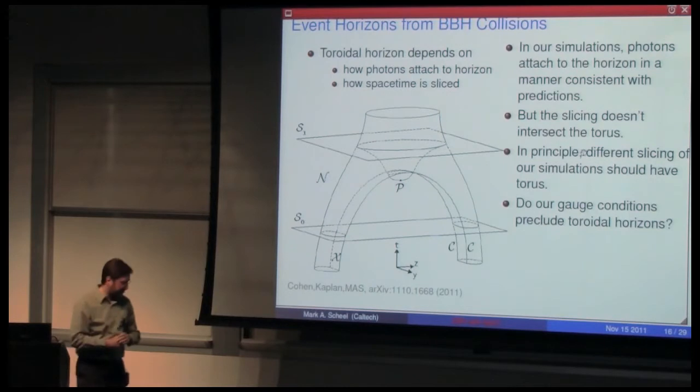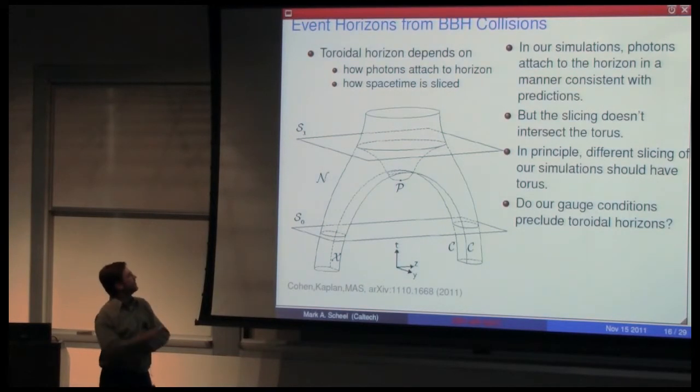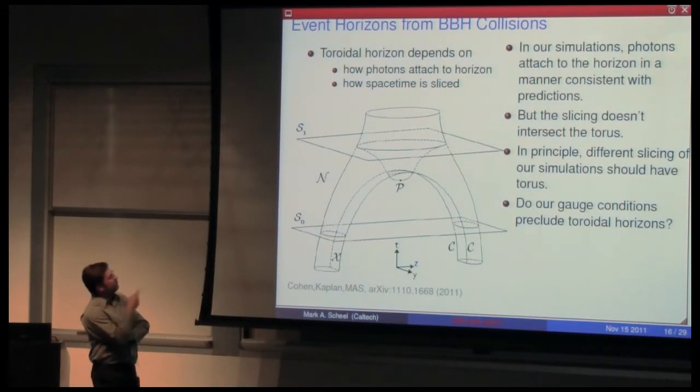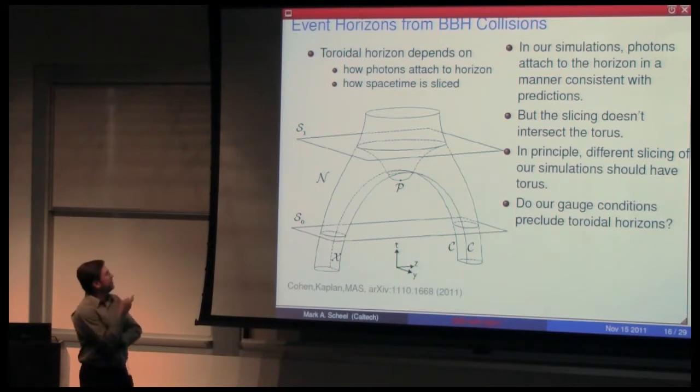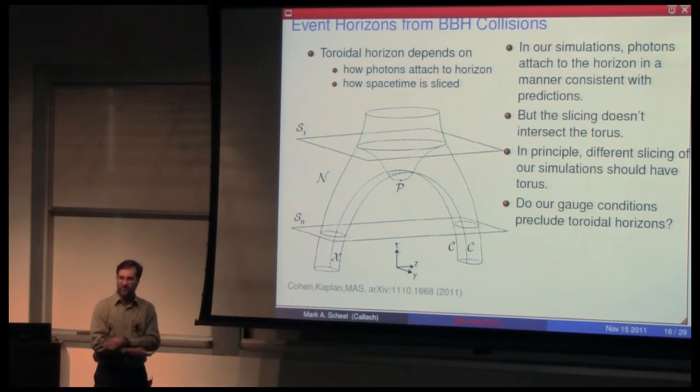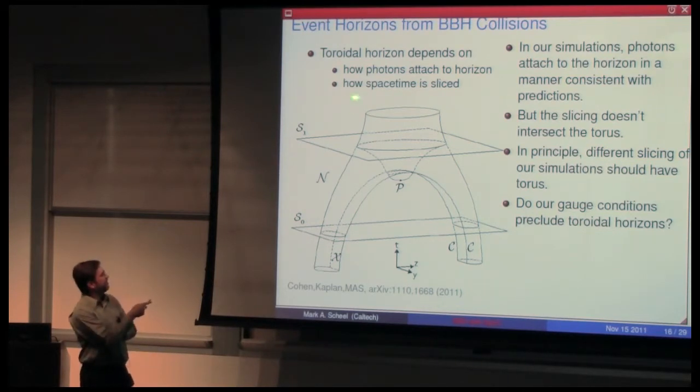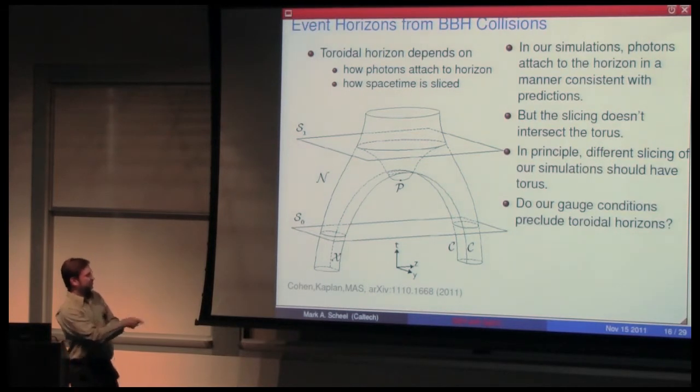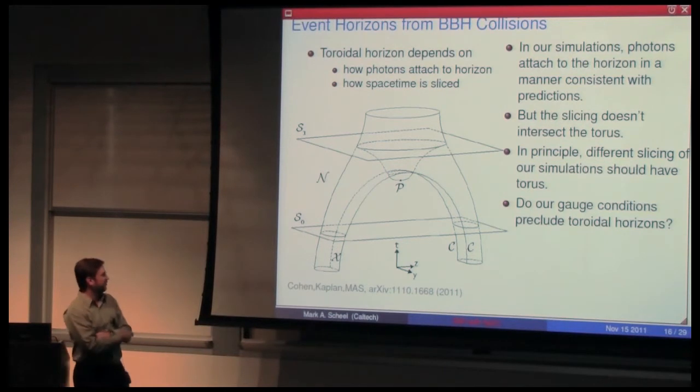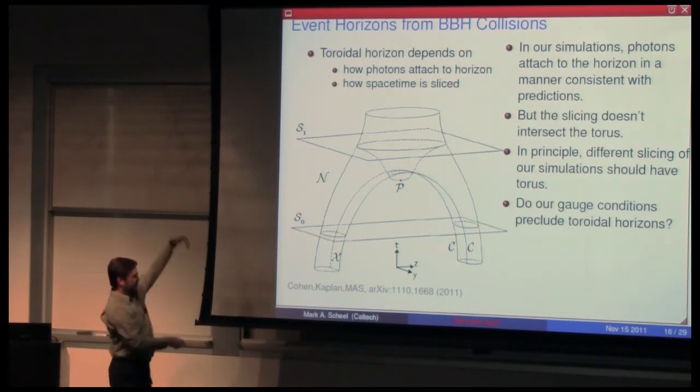So if you think about what's going on with the tori, the existence of a toroidal horizon depends on 2 things. It depends, one, on how the photons attach to the horizon, and I'll explain a little bit what that means, and how space-time is sliced. So this figure is showing a space-time diagram of a binary black hole, and so here's early times down in